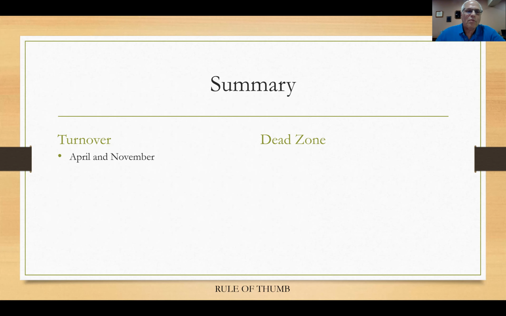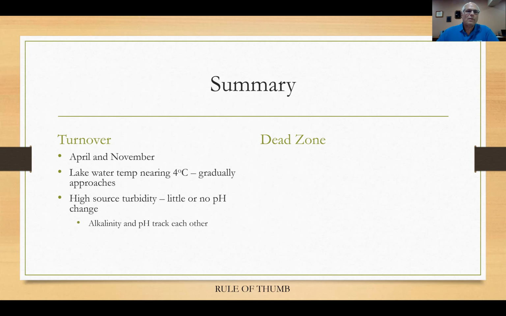April and November for turnover. Lake water drops to 4 degrees, gradually approaching it, either going up or going down. High source water turbidity, little or no pH change. Alkalinity and pH tend to track each other, whether they're going down or going up. They stay in unison with each other. You can count on that. You need to use PAC and increase your coagulant and permanganate,